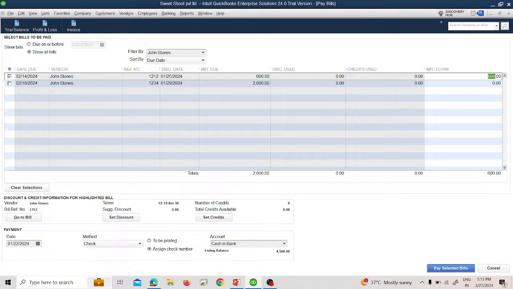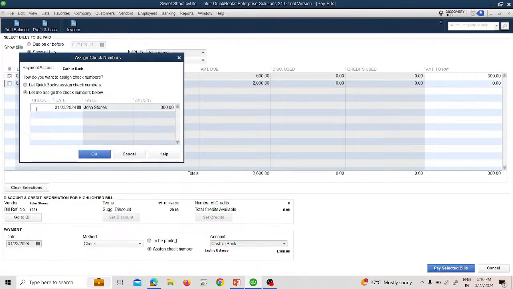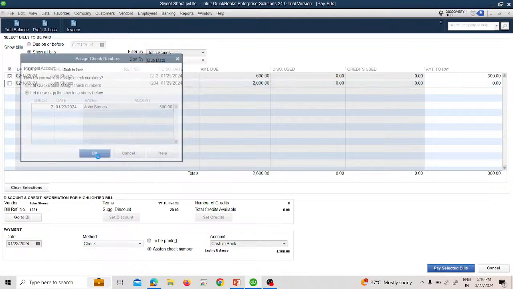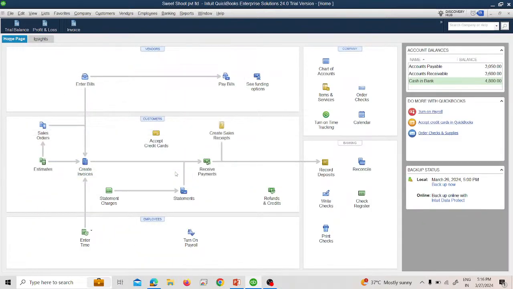So just select this amount and write the amount you are paying and click on tab. QB automatically understands and clicks this. But when you are paying the half amount or lesser amount, the set discount and set credit options will go missing. Okay, it shows that you are not going to get discount and you are not going to get the credits. Okay, just change the date to 23rd January and pay the selected bills. The check number is 2, and okay and done. We are going to see what happens to the particular accounts payable options. Okay,